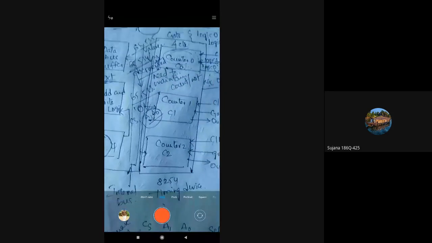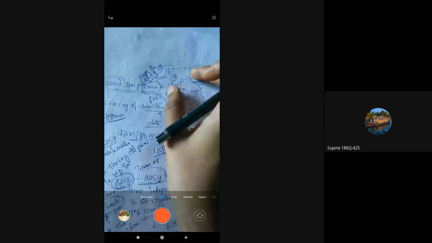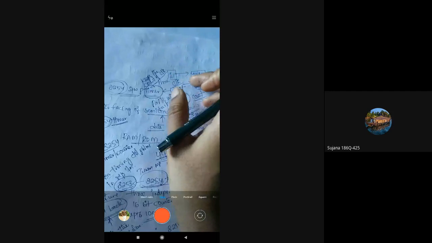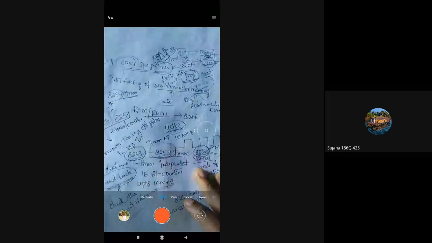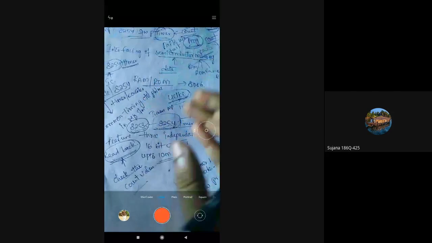Next, this is all about the timing device, all about 8254 timers. Here you have learned what a timer is, how a timer works as a counter device, why a timer is considered a counter, how a timer is used to count the operations of the microprocessor or any other device connected to it, how the 8254 timer is different from the 8253 timer, and we have discussed all the features of the 8254 timer.